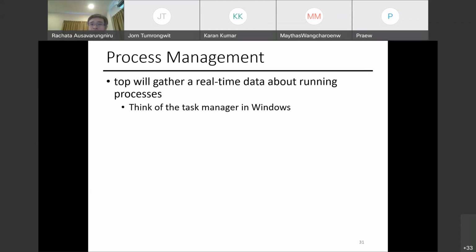When you look at process management, the command top, if you type in top, it basically gathers real-time data about running processes. So one thing I would encourage you to do is type in top and look at it; that would show you everything that's running. PS, so top is interactive. This is kind of like opening up a task manager where you have to close it later, right? PS is the command that is not interactive.